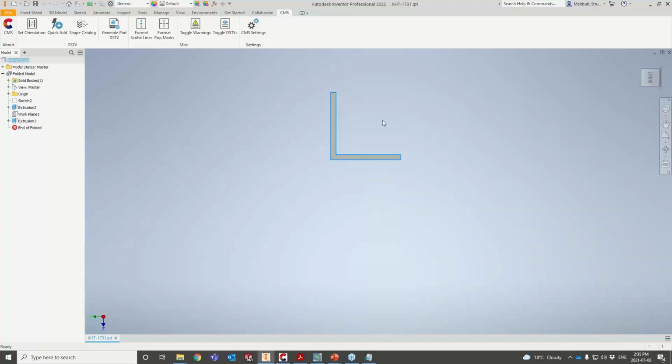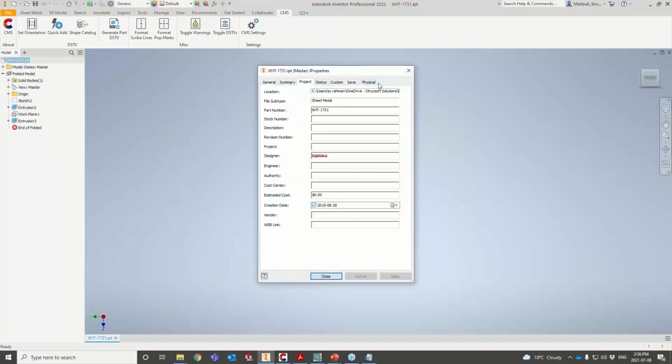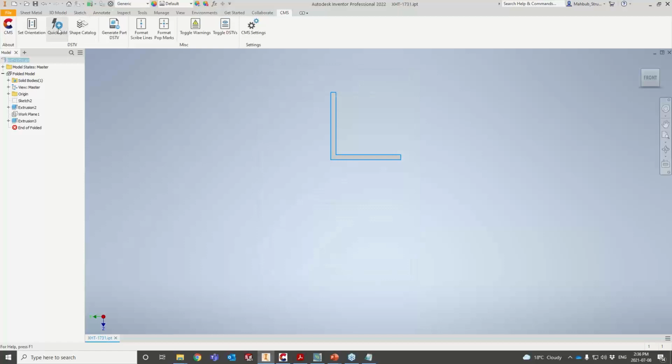All you have to do is come to the plane that you want to set as an orientation and click on that. So take a look here. It's a right face and kind of tilted, right? The second that you click on set orientation, it will become your front face. And then you need the shape size information, right? Either you have to have it in your properties somewhere, or you can use our quick tool, as